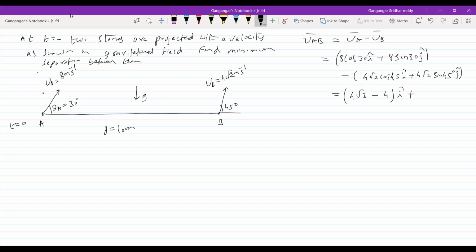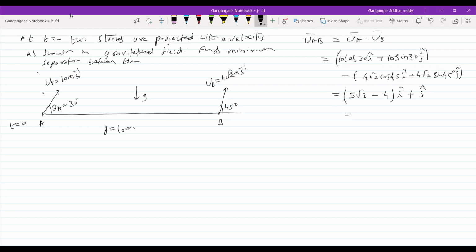Oh, it's getting cancelled, no? I'll do one thing, I'll make it 10. The problem would become very simple otherwise, so let me make it 10 so that a little difficulty gets added. So this will be 5 root 3, and this will be 5. 5 minus 4 will be 1. Root 3 is 1.7.